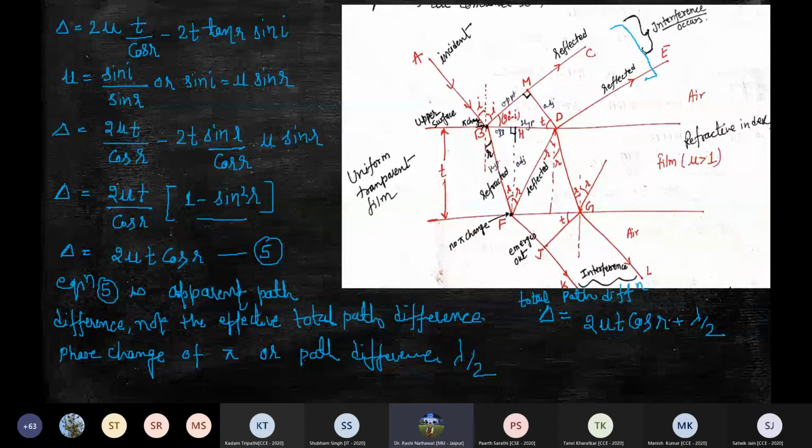It is not that long because you are doing a technical degree. It's not a typical science degree. So we will not ask you long derivations, but formula-based questions can be asked and some concepts can be asked. A diagram can be given. We can ask what will be the path difference, or if the thickness of the film is this, then you need to calculate delta or the condition of maxima and minima. Such types of questions will come. Okay.